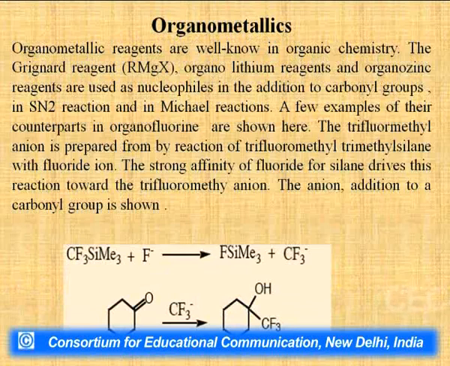Organometallic compounds. What are organometallic compounds? Generally, whenever we talk about organometallics, the first thing that comes to mind is RMgX. The formula for an organometallic compound is RMgX: R is any alkyl group, magnesium is the metal, and X is a halide ion. In comparison to the magnesium metal, the alkyl group is electronegative.